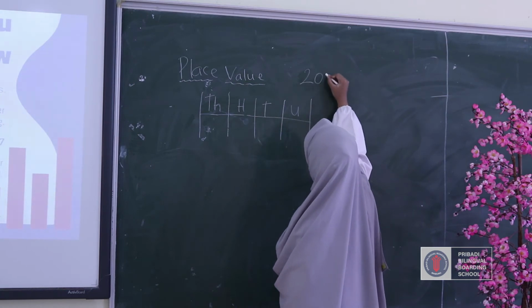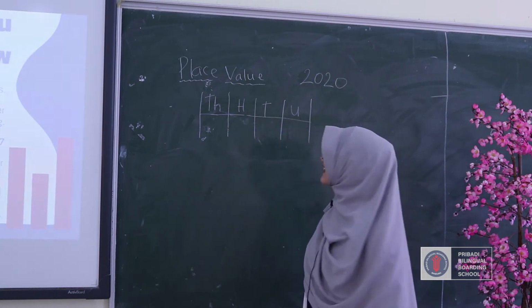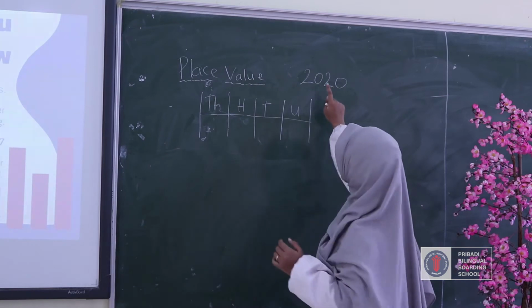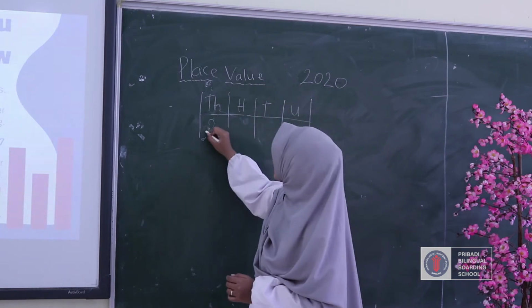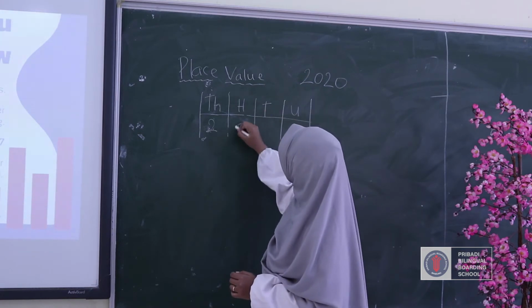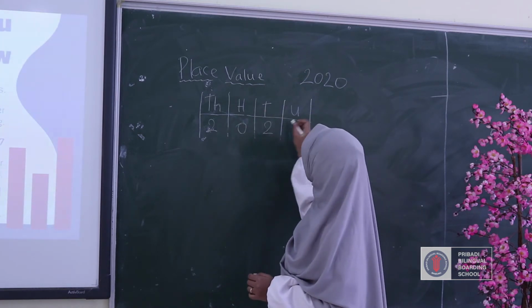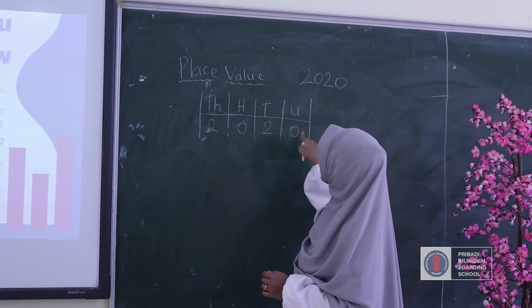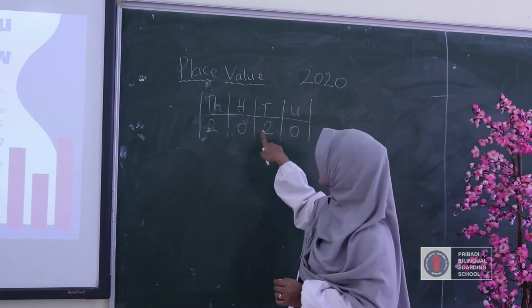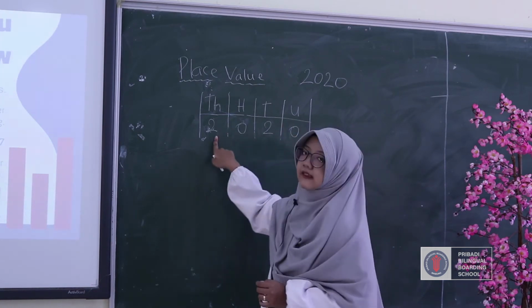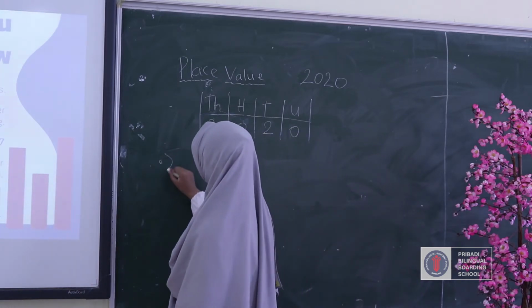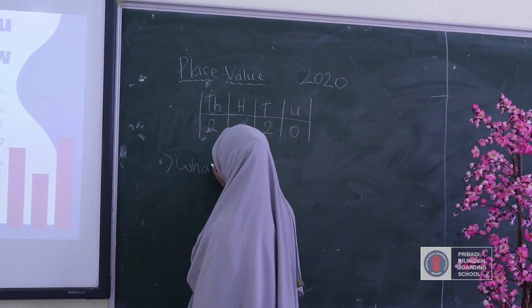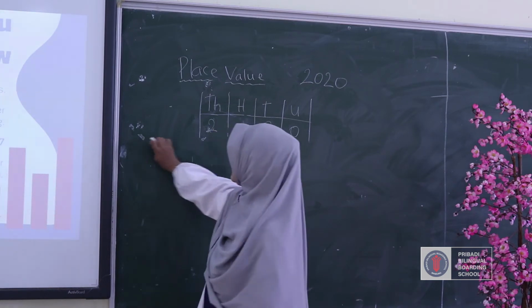Alright, we will change it into, how about this one? 2020, okay? 2020. Just directly you can put 2 here, and then 0 here, and then 2 here, and then 0 here, okay, in the units, in the tens, in the hundreds, and in the thousands. So if I have a question like this,